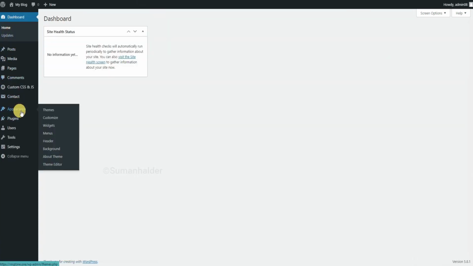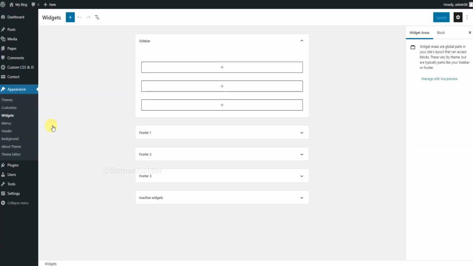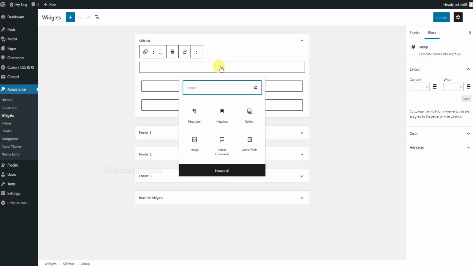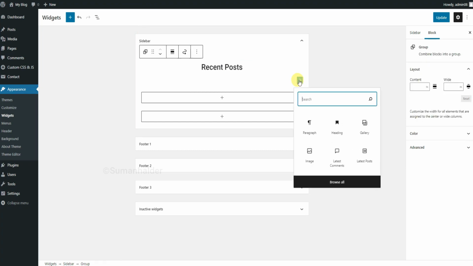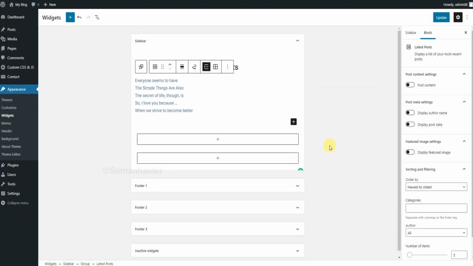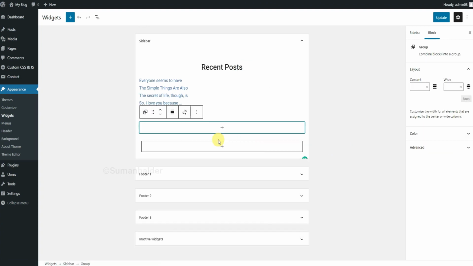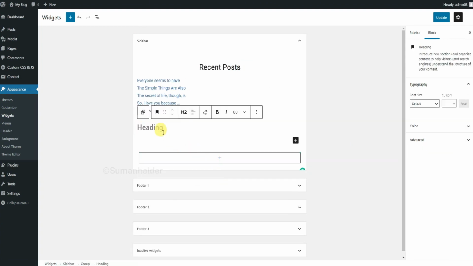Now you click appearance, then click widgets. As you can see, here are 3 rows. Now click plus icon, search heading and write recent post. Align the text in center. Again click plus icon for element, choose latest post. Click plus icon and click heading and write recent comment.